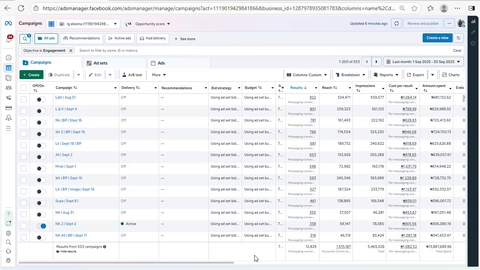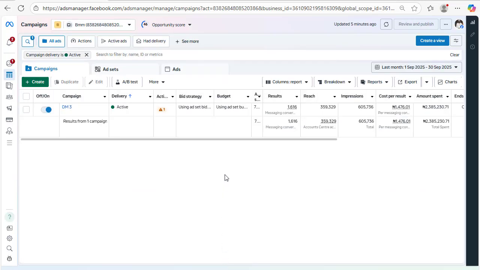Facebook is definitely going to come and force you to restructure the way your things are. But it's different from this particular person that spent 2.3 million and they got 1,616 messages within 30 days. They had limited creative, which is their videos or their images, not as much as we could use, but we still were able to give them the kind of result that makes them still be coming back. And you can see that this particular campaign is also active.